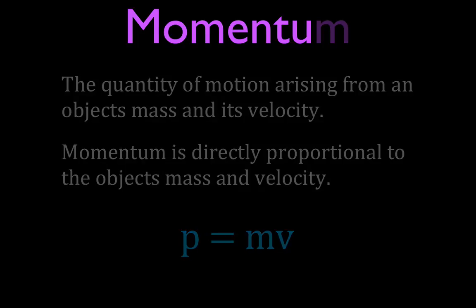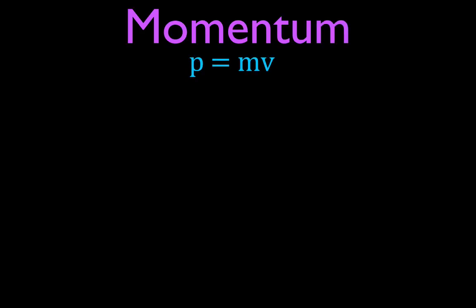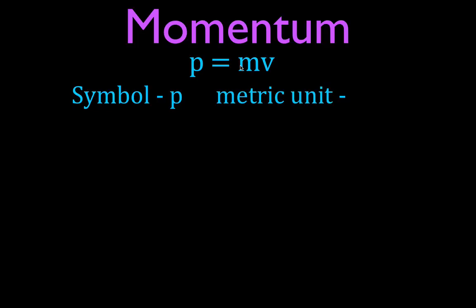Okay, so let's go over a little more specific information about the details of momentum. Again, here's the equation: p equals m times v. Now, I don't know why they use p for momentum, but they just do. So the symbol for momentum is p. And the metric unit for momentum, because it's mass times velocity, is just the kilogram,